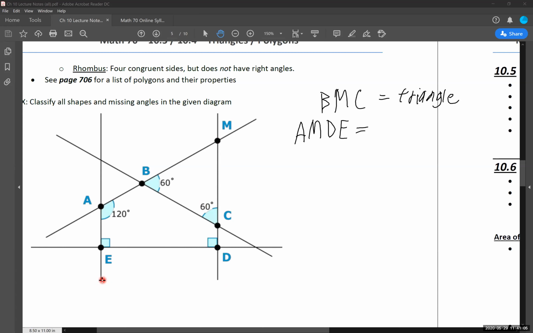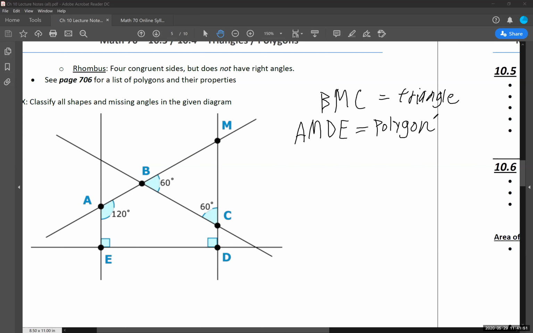If I was told that, then I would have a trapezoid, because our definition of a trapezoid is a 4-sided shape with 2 lines that are parallel to one another. But because I have not been told that information explicitly, all I have is a 4-sided shape with some properties that are going on inside of it. So because of that, I really can't get to any specific 4-sided shapes on here. So I do have to leave this as the generic, what is this thing? It is a polygon. I can't really classify it as anything beyond that because I have not been explicitly given any other information in that regard.